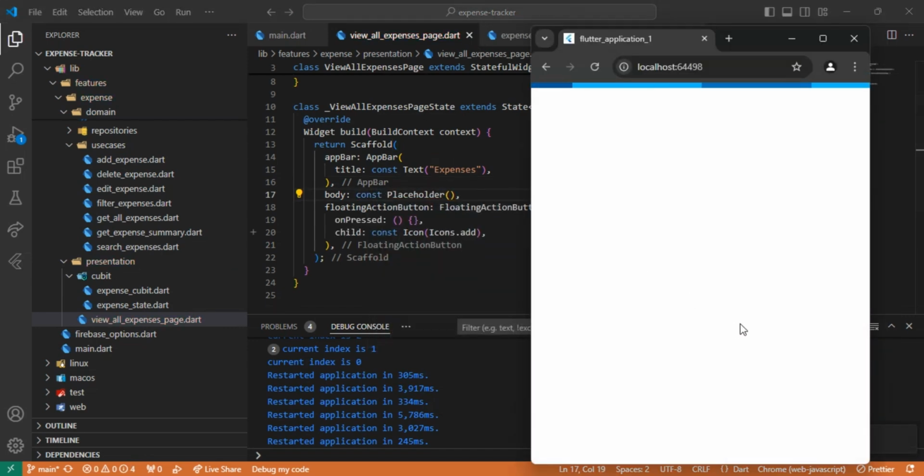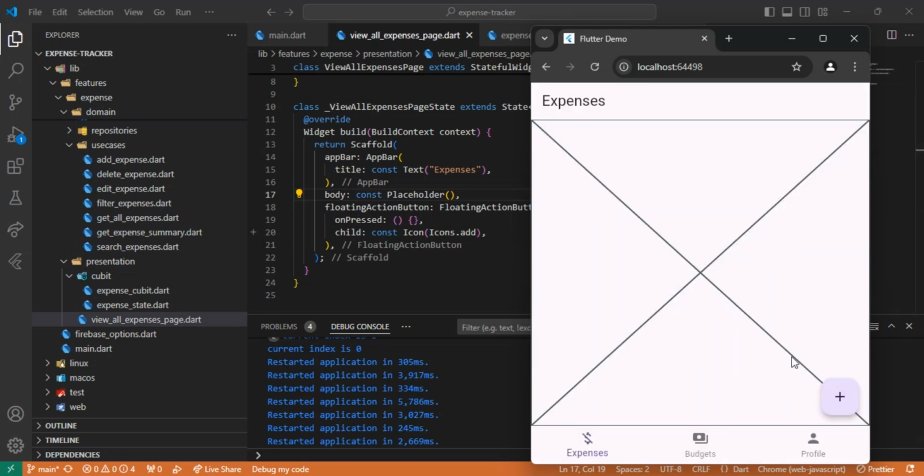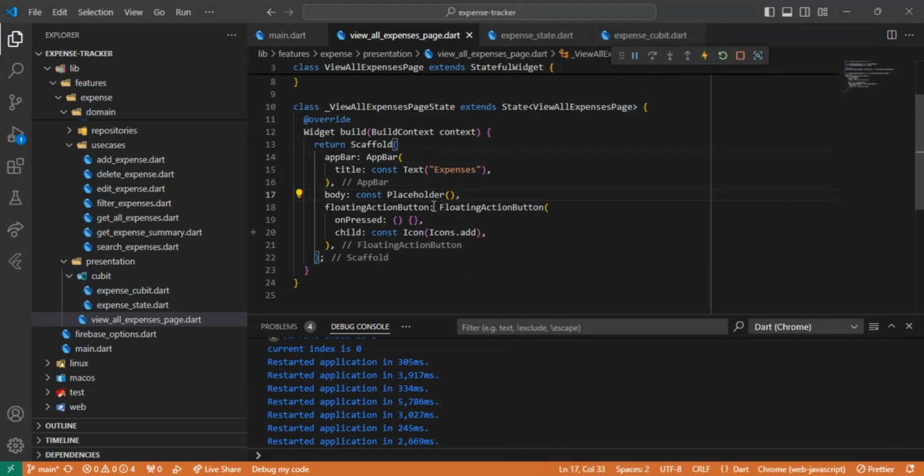So let's save that, and then that's yan. So yan yung magiging itsura niya for the meantime, because when we click this one, it's going to display a form, an add expense form, tapos meron mga text fields. Itong placeholder, we will display a list view, or in other words, a list of items. So yung gagawin natin for this is